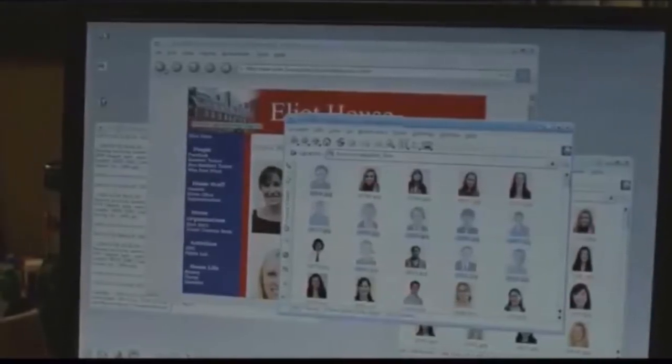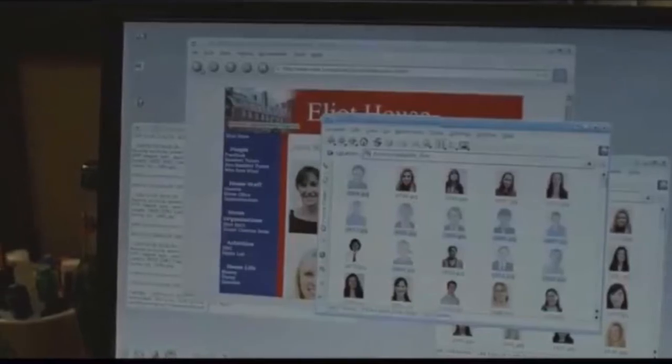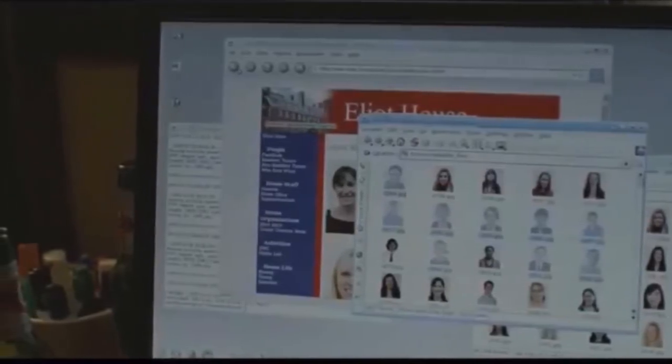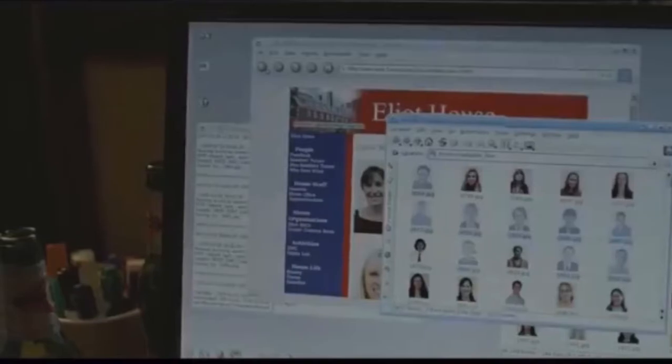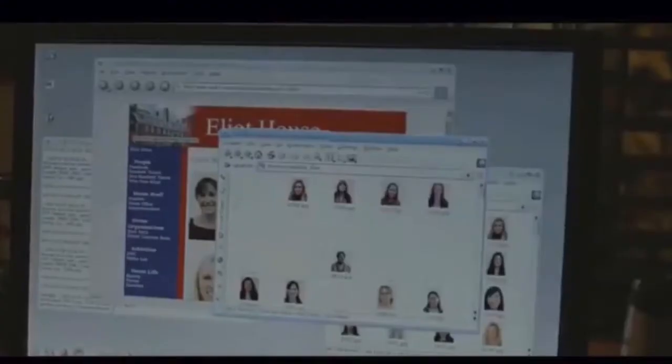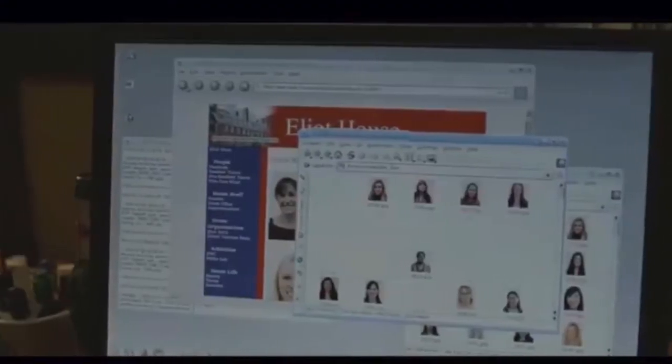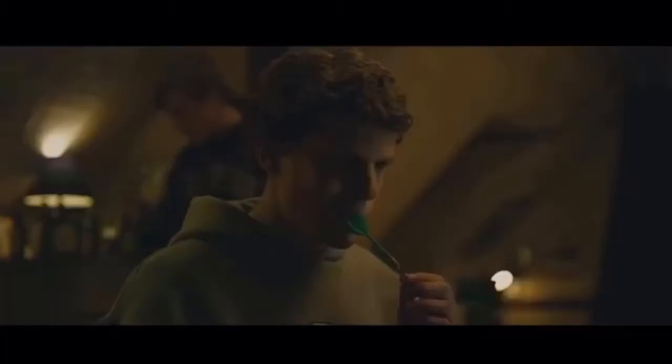One thing he doesn't mention, though, throughout the scene is that every time he does an empty search, he's going to return pictures of men and women alike. So after he's done downloading them, he would have to open the folder, manually select all the male pictures in it, and delete them.